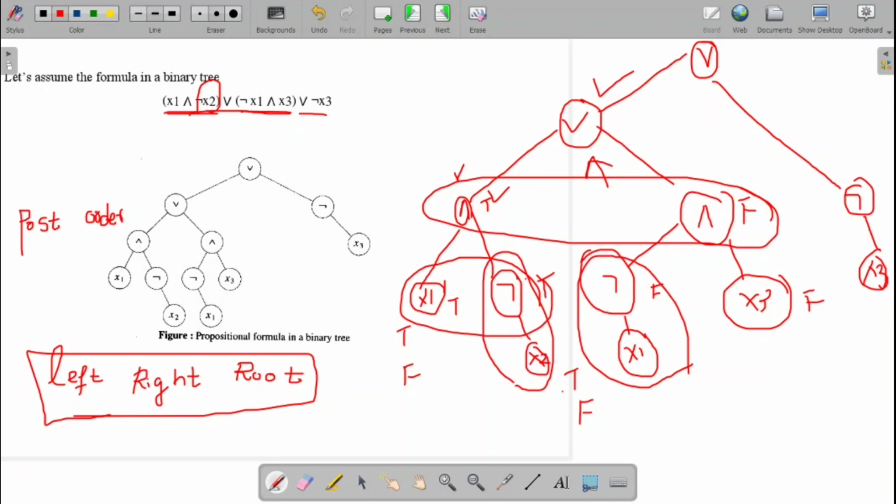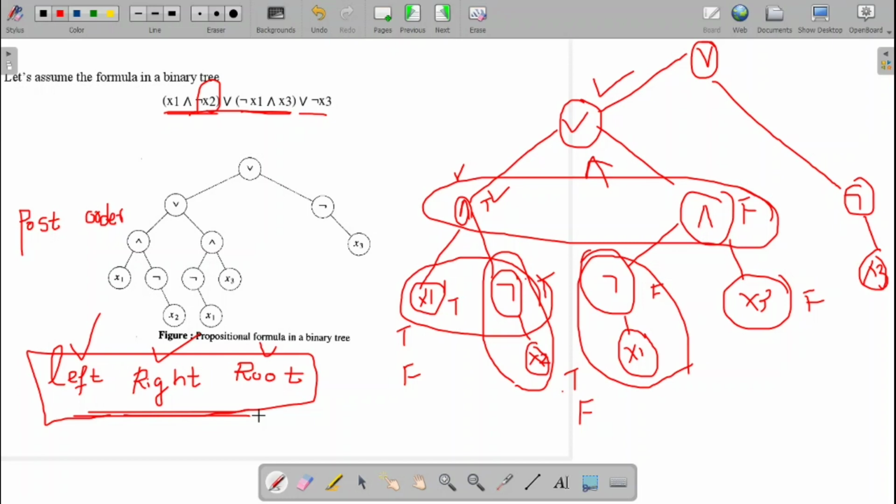What is that sequence? First I need to go for visiting the left child, then I need to go for visiting the right child, then I need to go for visiting my root. The same thing is followed for the satisfiability problem. To solve the satisfiability problem, we go with the post order traversal. Only when we go with the post order traversal can you get all such combinations, or else you fail to get the result.